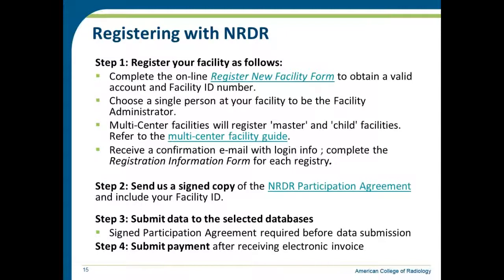So registering with the NRDR, again, as we showed you on the NRDR page, we have more detailed instructions. There is a new facility form that you click on and you enter your facility information. If you are part of a group that practices at multiple locations, we have more detailed instructions for the multi-center facilities, which you can again find from our website. You will receive a confirmation